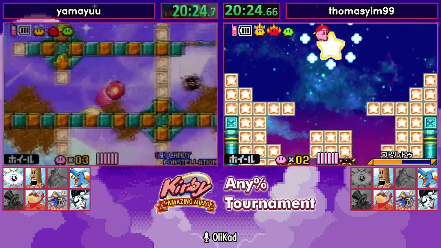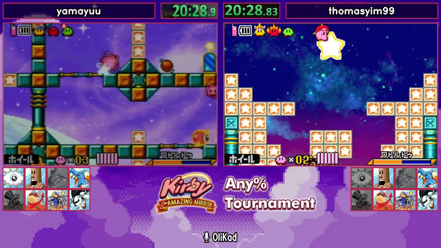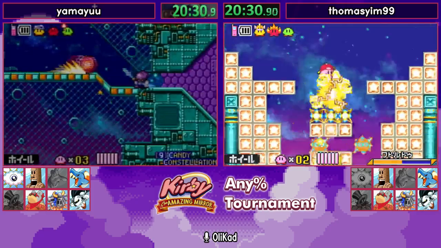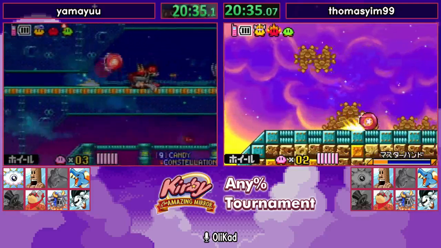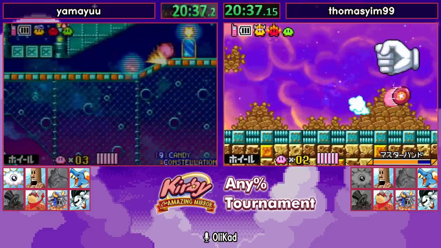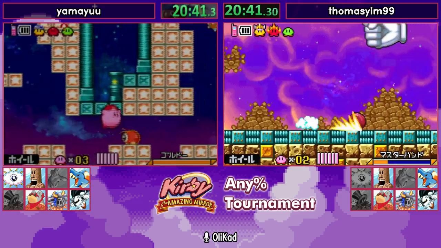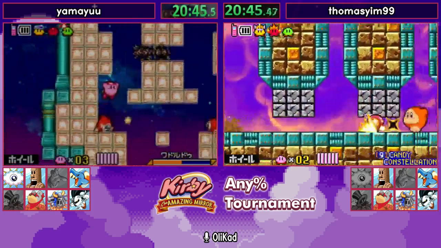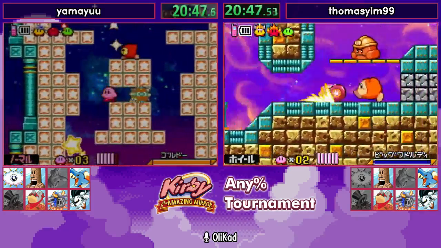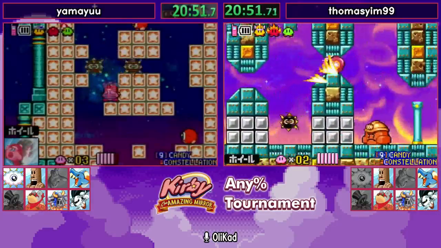Thomas didn't lose Wheel yet, and Yamayuu didn't either yet. I say yet because again, it's very easy to do, especially in the room Thomas just left. If you lose Wheel in this room, while there are some backup mixes you can do to get Wheel back, it's going to make the master hand fight here very slow. So should you use Wheel here, you can just call your ally. Ooh, Yamayuu does lose Wheel here. Gets it back, but that